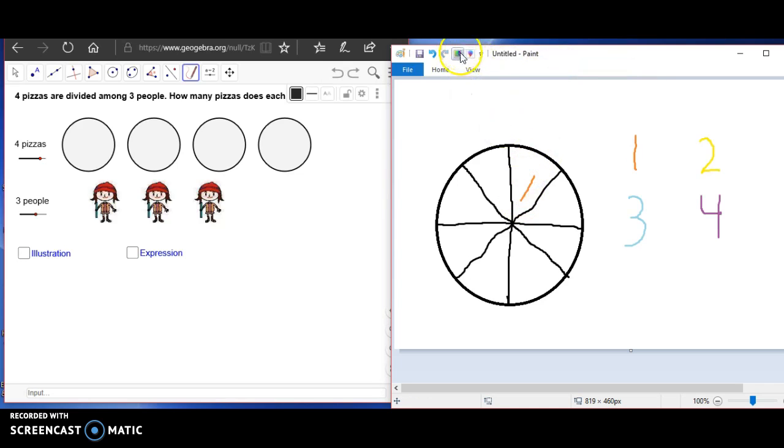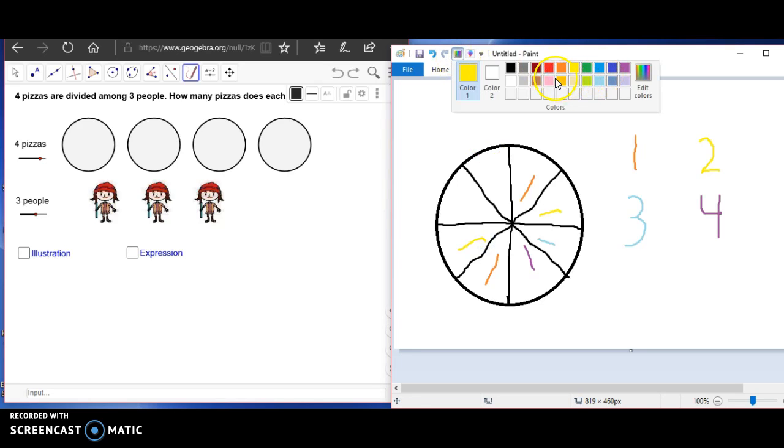So student 1 will receive this slice. Student 2 will receive this slice. Student 3 will receive this slice. And student 4 will receive this slice. Now we continue coloring the slices of cake until there are no slices left. And we do this because the partitive view of division is also known as sharing, and each person must receive